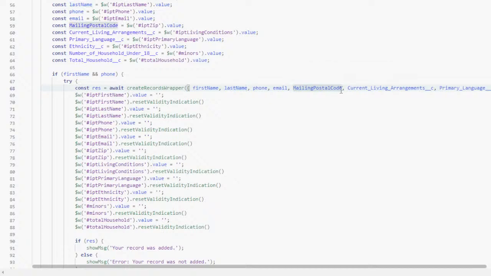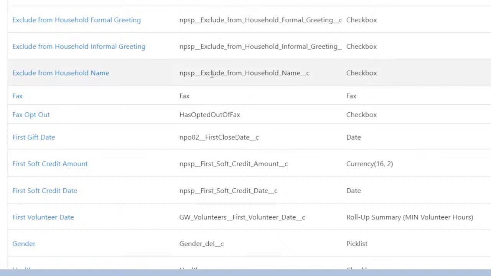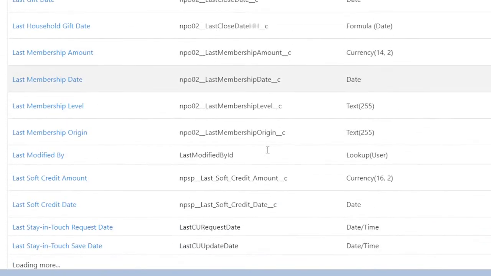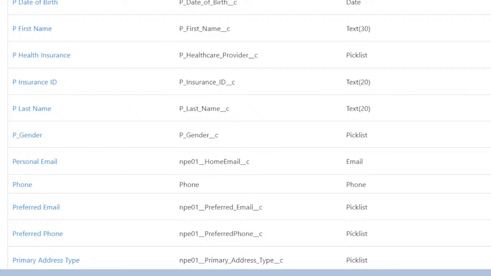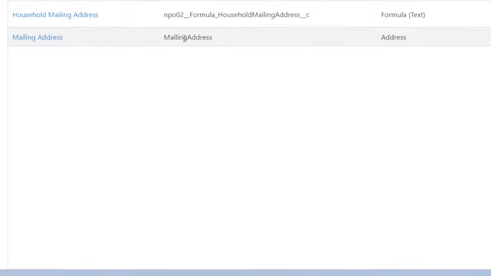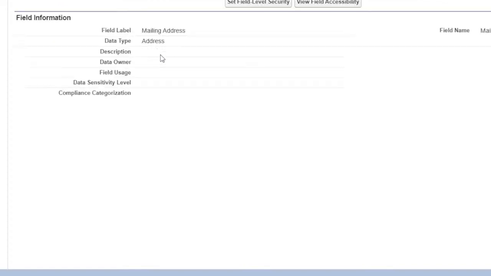For example, this mailing postal code. If we go here to our object and look up mailing, we have mailing address. It just says mailing address, right? How can I look up this information? I was getting an error. So if you get an error that it can't find the right information for the field,